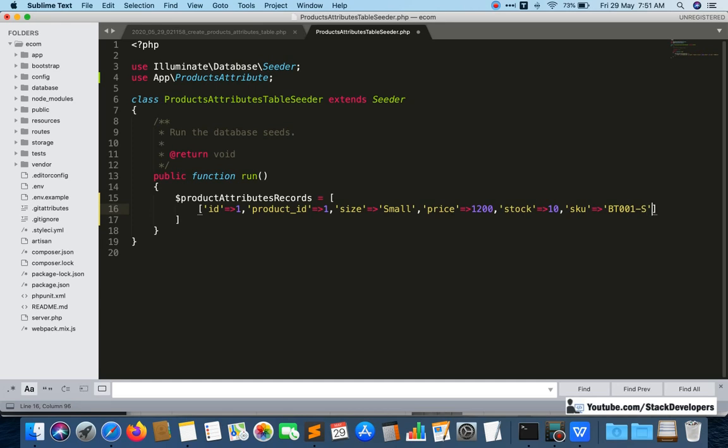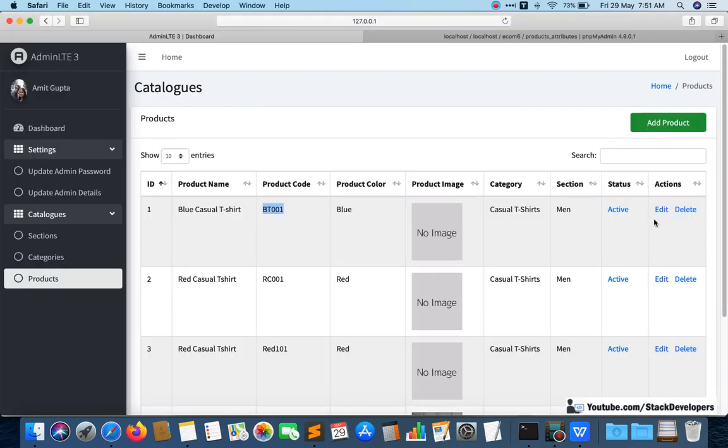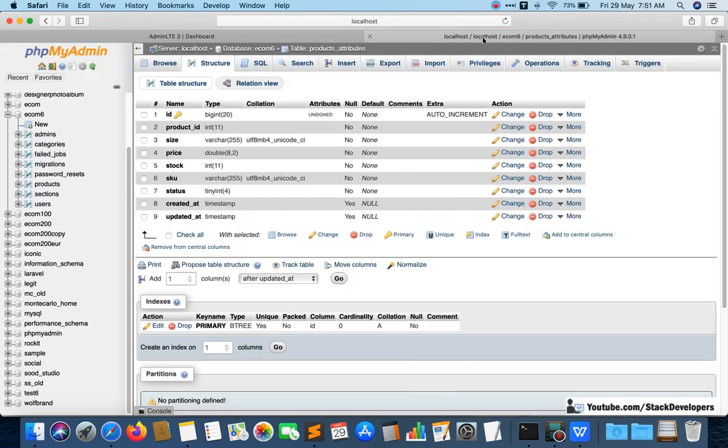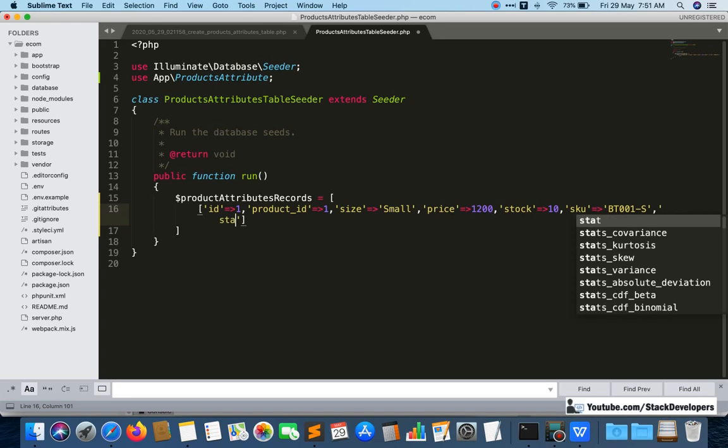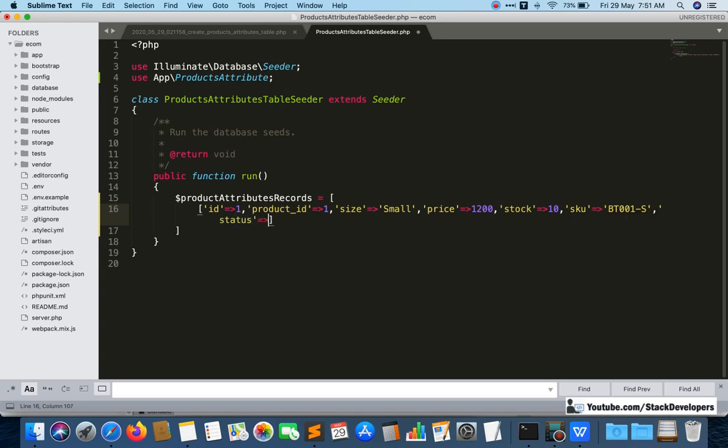And status also we are going to add. Status is the last column, and status is going to be 1. Okay, that is ready.